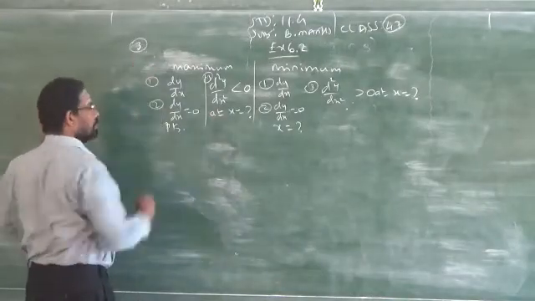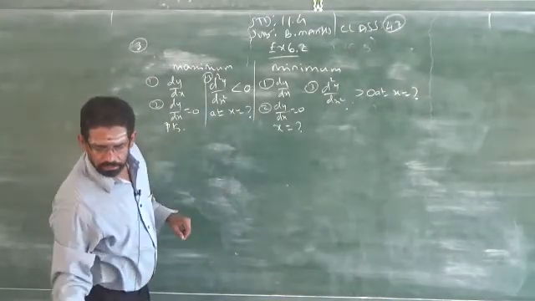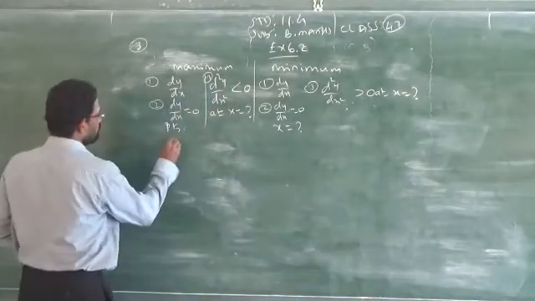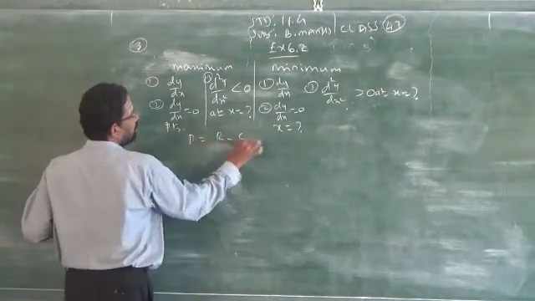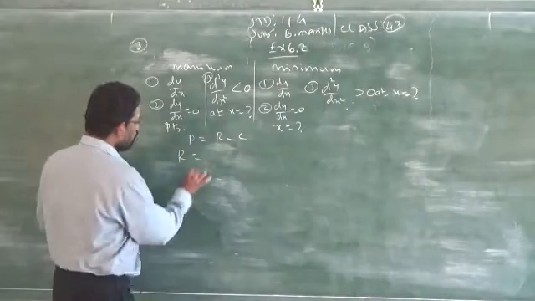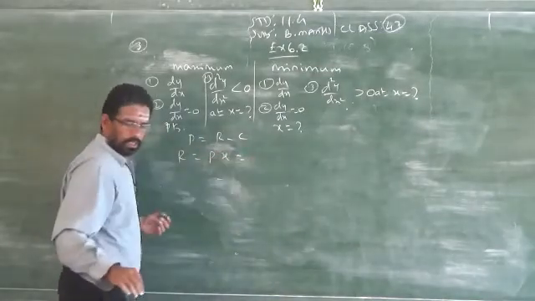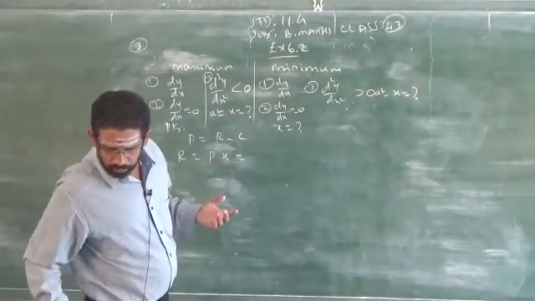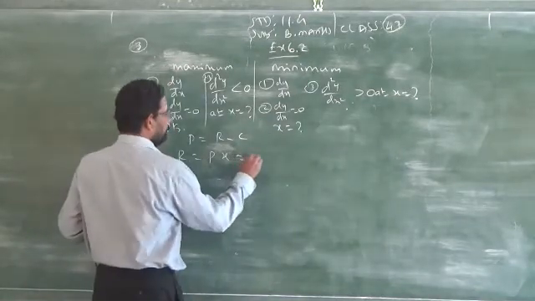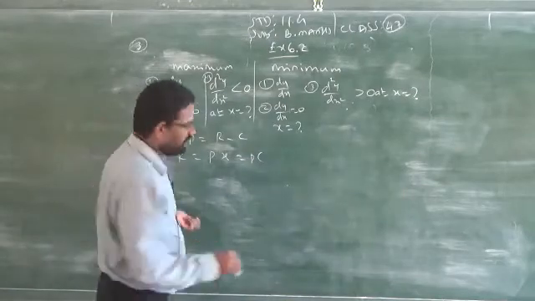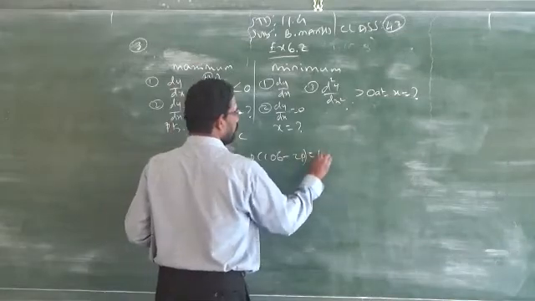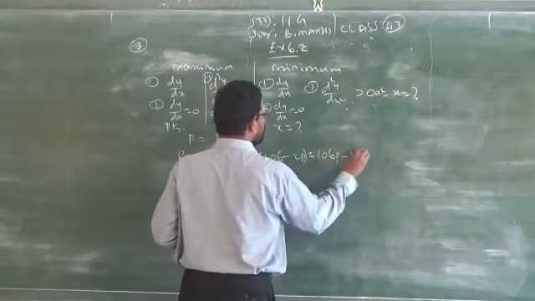Clear. Sum number 3, I will straight away start with this one. What is the profit? How do we find profit? What is the formula to find profit? Revenue minus cost. Do you have any revenue? Revenue is not given, so you have to use P into X. P stands for price, X stands for number of units. X is given as 106 minus 2P. So you will get 106P minus 2P square.